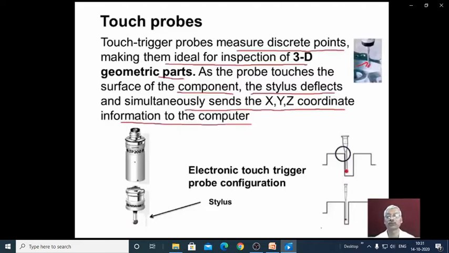Depending upon the inspection, we have to select the appropriate stylus and appropriate module, which can be assembled into the probe body. Care must be taken to see that the proper stylus with proper tip and stem length is selected. You can see in this particular diagram, the stem is contacting the workpiece surface, which is incorrect, whereas here only the tip of the stylus is contacting the surface. That means we have to select the appropriate stem and tip for achieving the proper measurement.